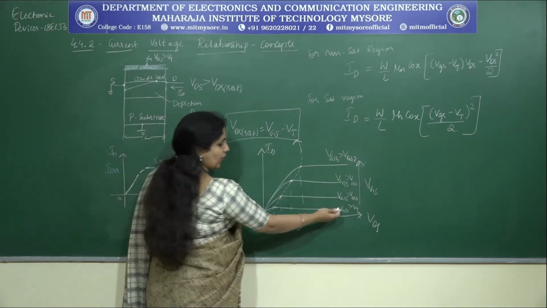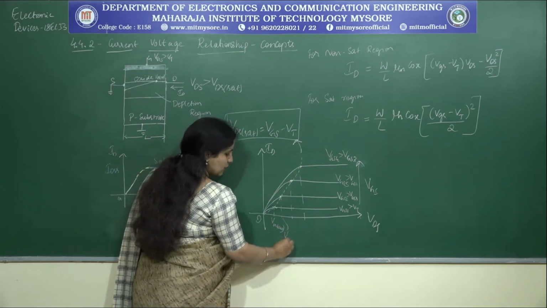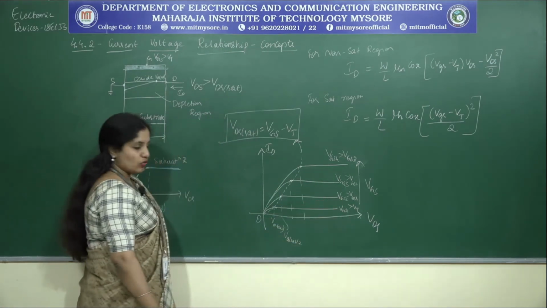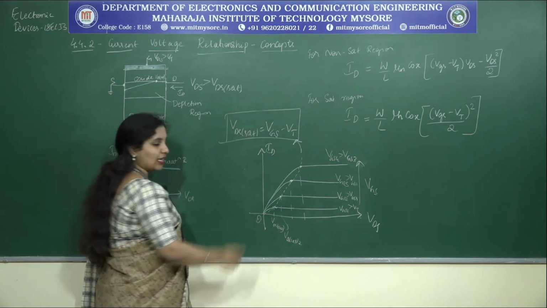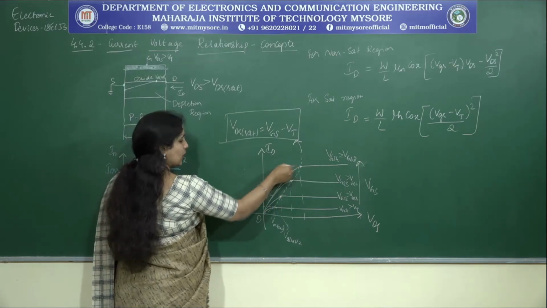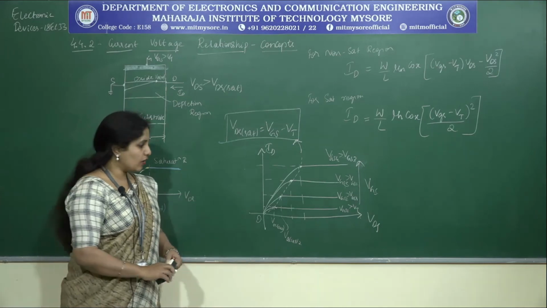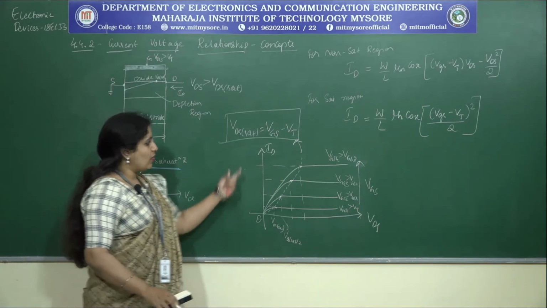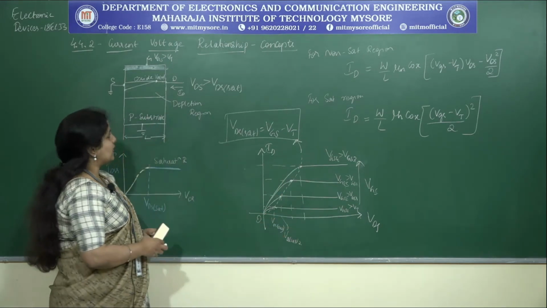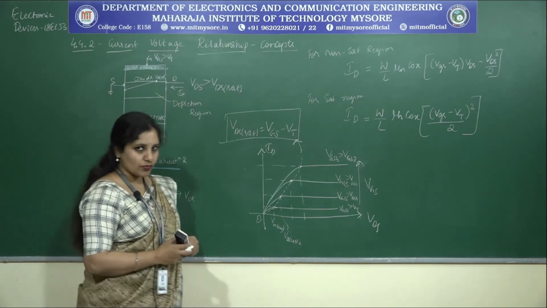What I am basically doing is considering the VGS value to be greater and greater as I move upwards, and this becomes VDS sat for the VGS2 value. So as you can see what happens to that value when that is increasing, and also what happens to the IDSS when that is increasing, that's the relationship you can find between ID versus VDS as a function of VGS. And this is for the case of the N-channel enhancement type MOSFET.